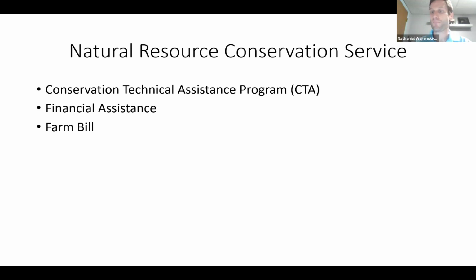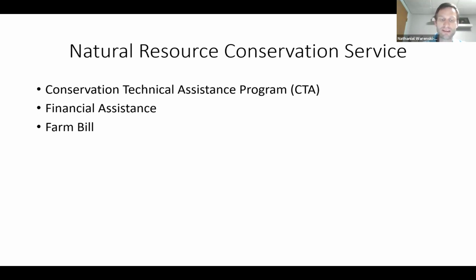The Farm Bill is always something big and important that's discussed quite a bit every time it is debated in Congress. It's about every 4 to 5 years. The last one was 2018, before that 2014. And there have been previous ones. They have programs coming from the Farm Bill that they administer that relate to conservation practices. Some of them are EQIP, the Environmental Quality Incentives Program, CSP, the Conservation Stewardship Program, AMA, the Agricultural Management Assistance Program,